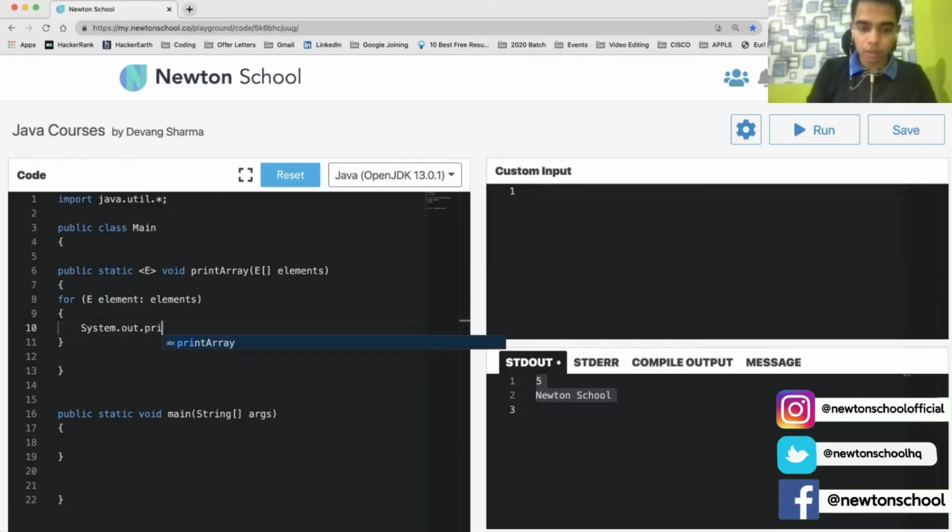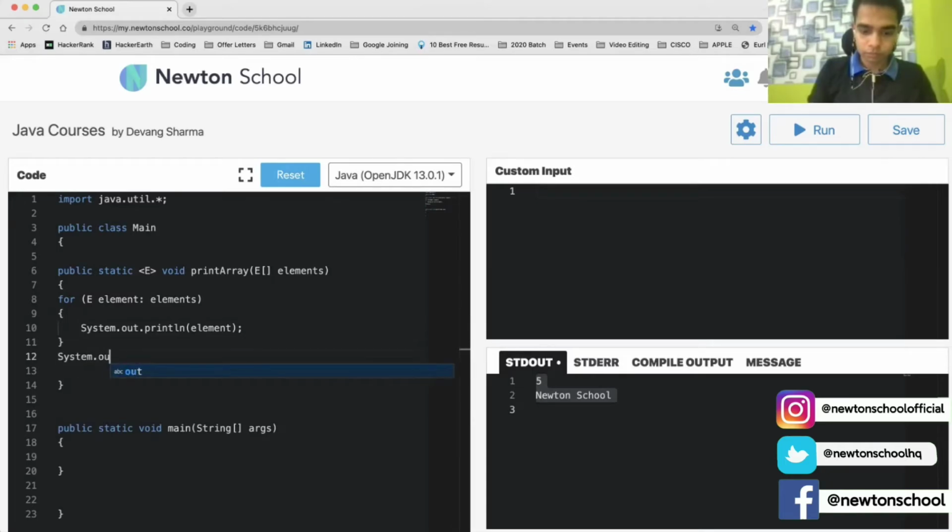I am printing all the values in the array. As you can see, this is my generic method.